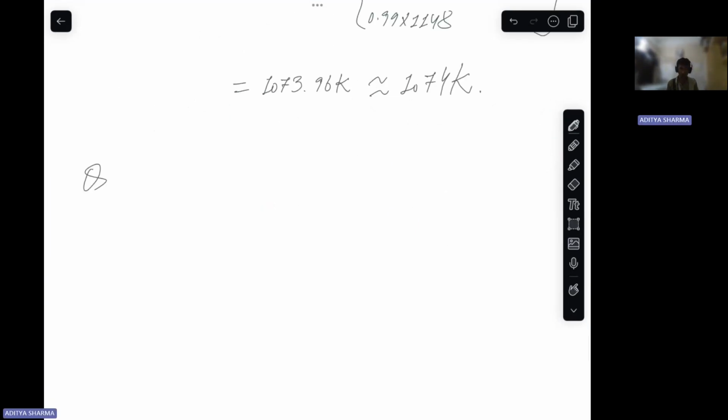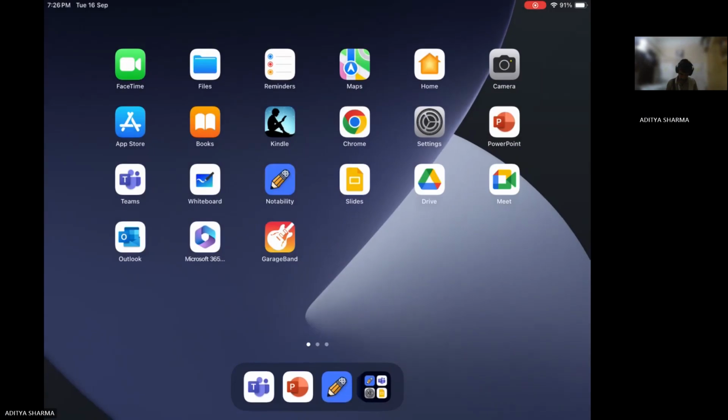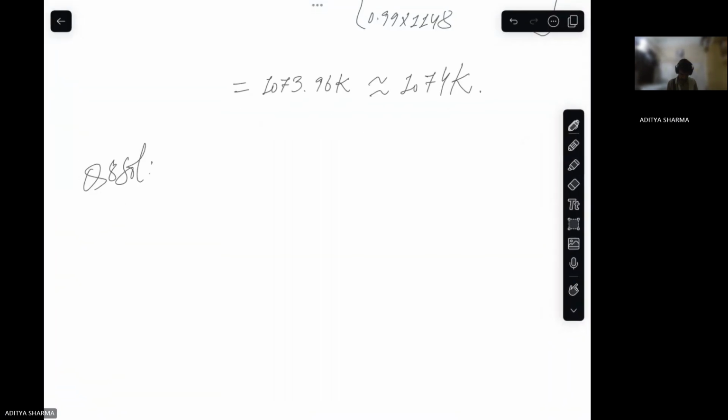So question number 8. Solution. Critical pressure ratio is P naught 6 by PC is equal to 1 divided by